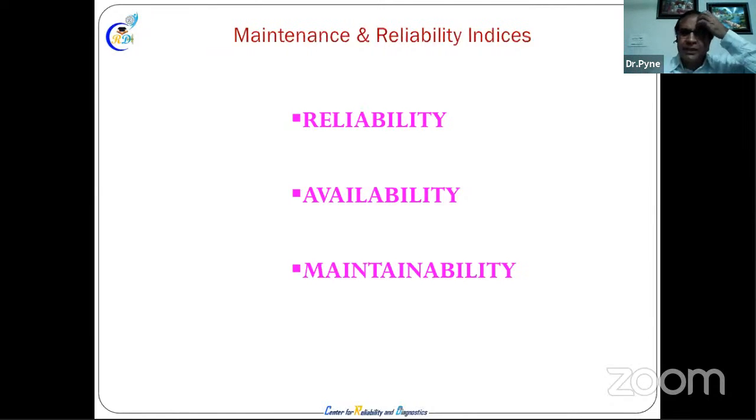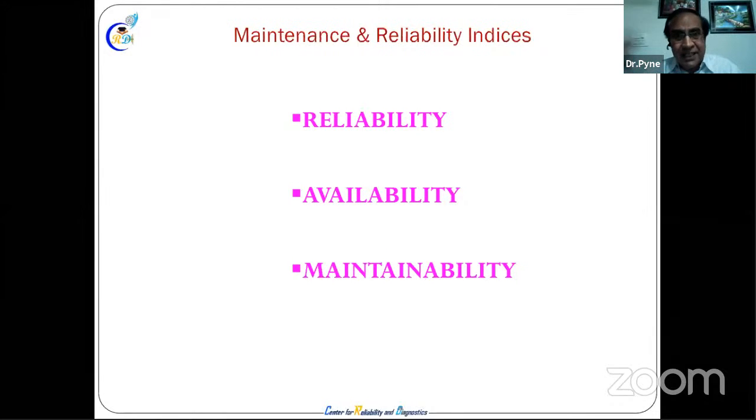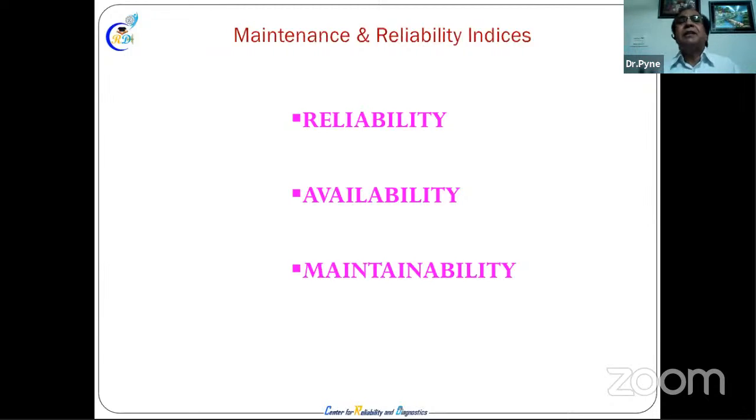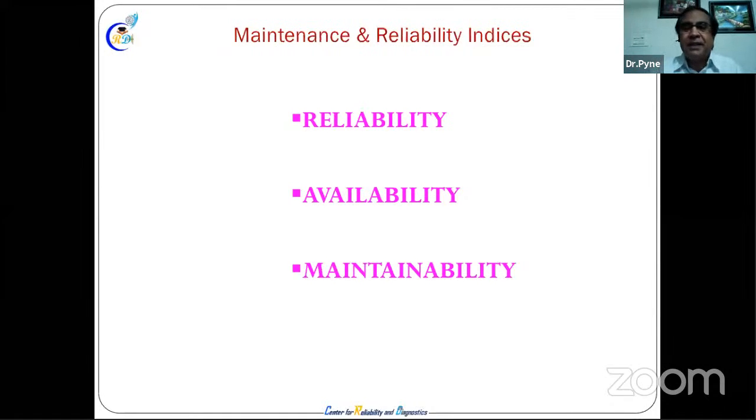Let us take a good definition: the probability of an item, product or equipment to run as per the user's requirements, in the particular environment and operating condition, maybe a harsh environment, where there is dust everywhere, so that its mission time is completed. This is what reliability is. Because it is always less than 100, say 90% reliability, probability of success 90%, and probability of failure maybe 1%, 2%, depending on the equipment and assets.